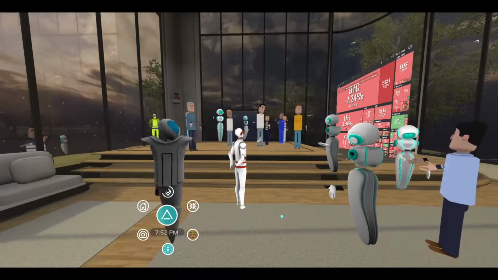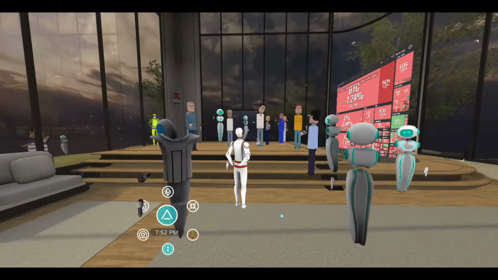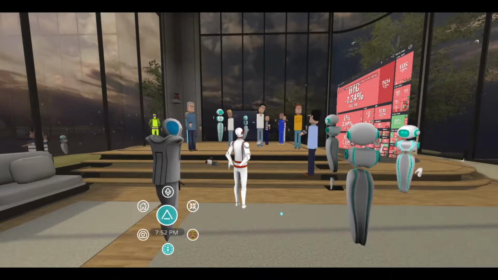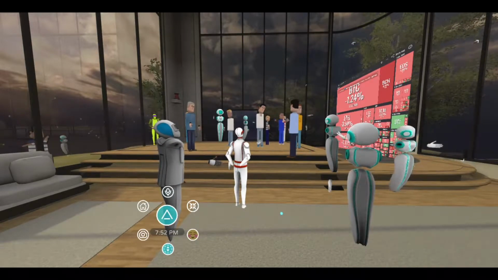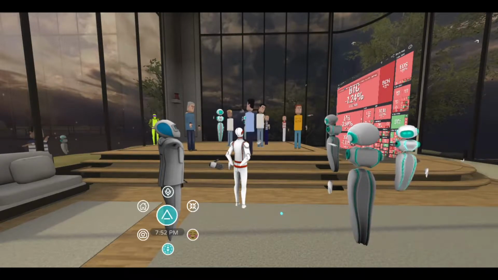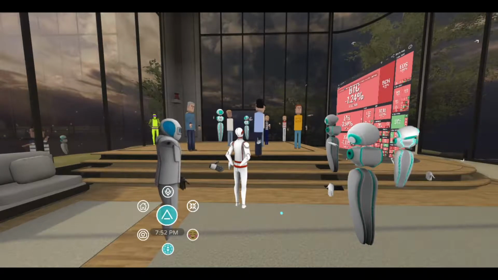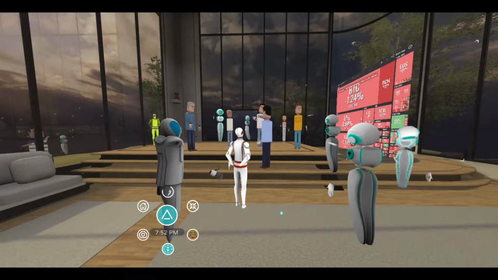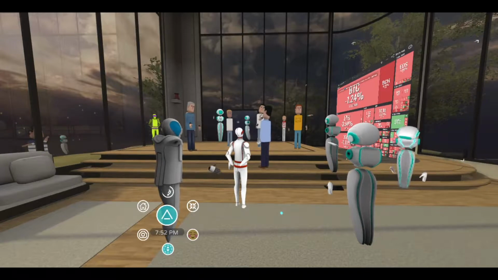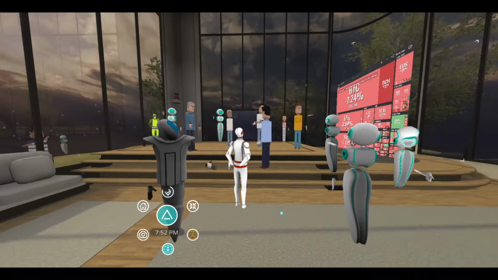Think of a smart contract like a vending machine, right? When you go to a vending machine, you put $1 in, you select your item, and it comes out. That's the way a smart contract works. It's if this, then that. If I put $1 in this vending machine, I'm going to get this bag of chips. So to put it simply, that's how it works. You code it so that if this, then that, and then it's deployed, and there's no way to get out of it. It's a contract.